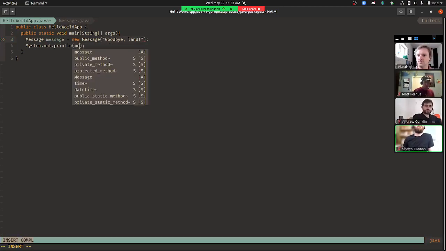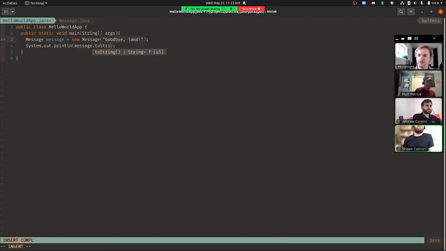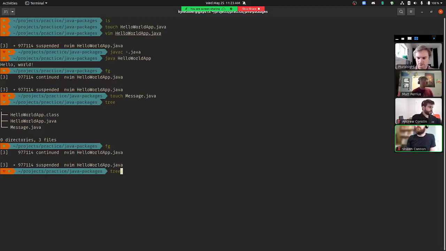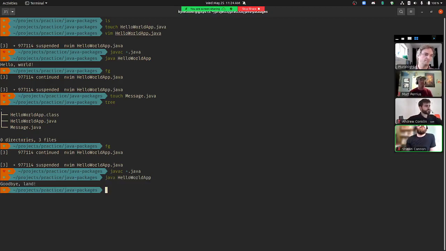Then we can print message, get message. If I did that correctly, I can compile it and see goodbye land print. Compiled, executed.